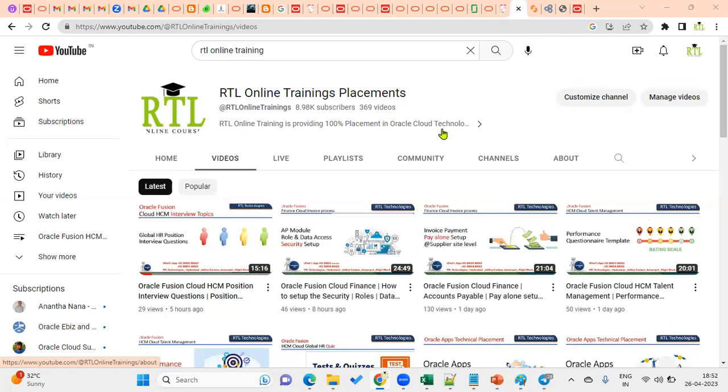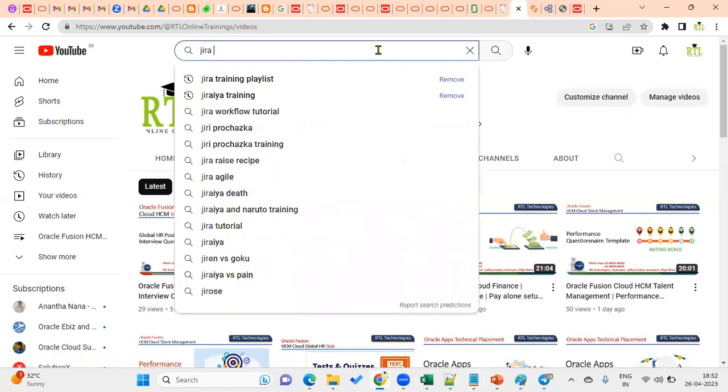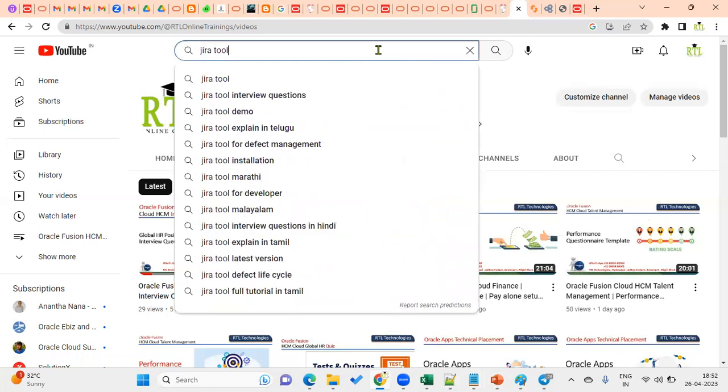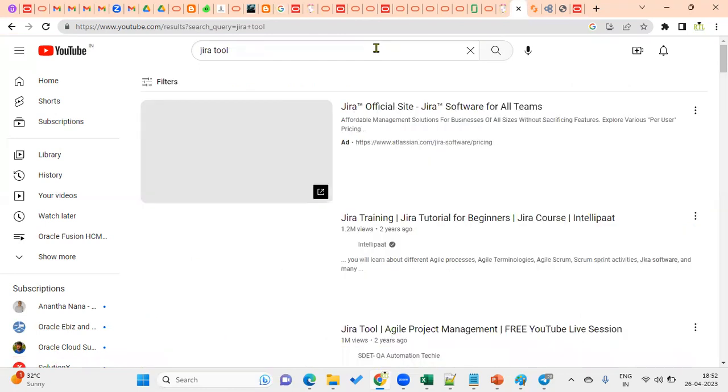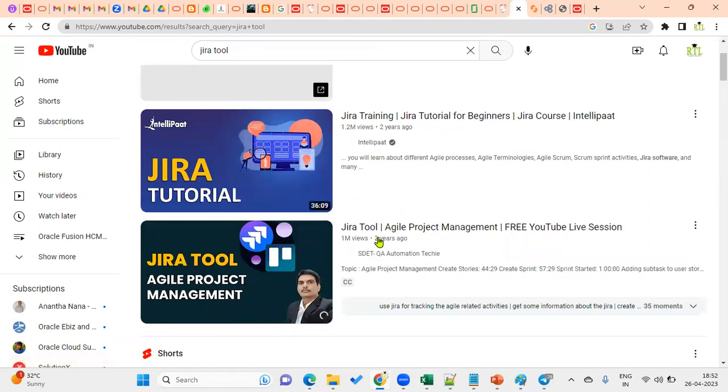There are some tools where we can update our daily status information and the component, like GitHub and others. The Jira tool is also used to manage the entire project information. Who is working, when we started, what were the components, who else has been involved, what is the status, what was there earlier, what is going on currently. All this information will be maintained in the Jira tool. So it's better to go through a couple of videos about the Jira tool, just what this tool is, what it will do. Jira, GitHub, and ServiceNow are all simple tools, but don't go in depth. Just have an idea what this is.